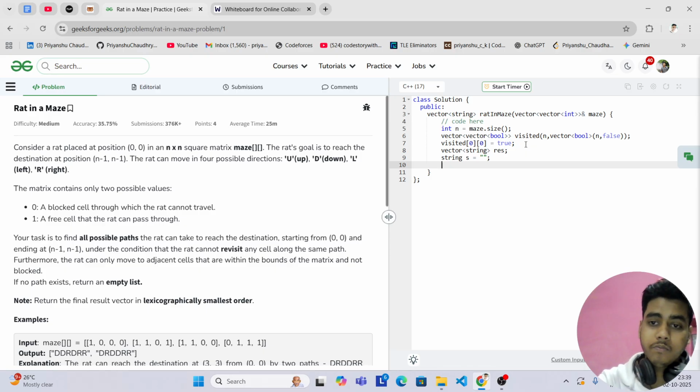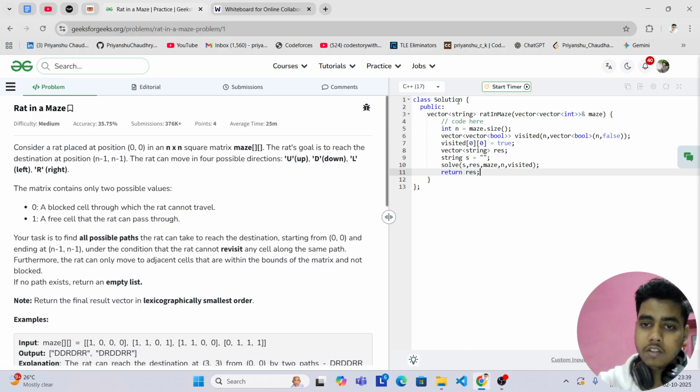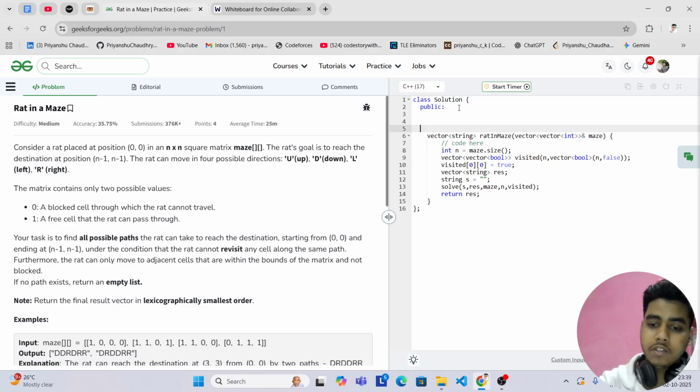And now we can just call the solve function and pass the current string and the resultant data structure, obviously the maze and size n, and yes, we will not forget to send the visited array, and at last I will return the result. Now I have to just implement this